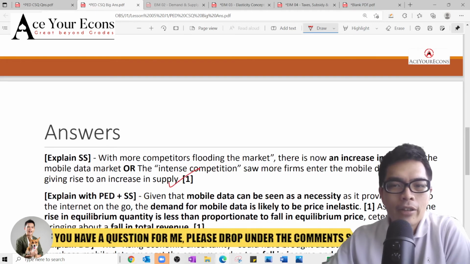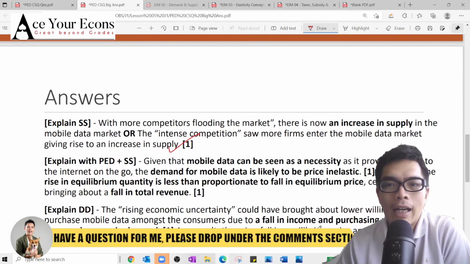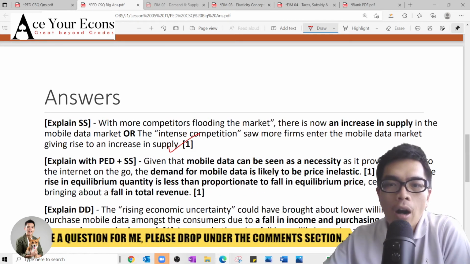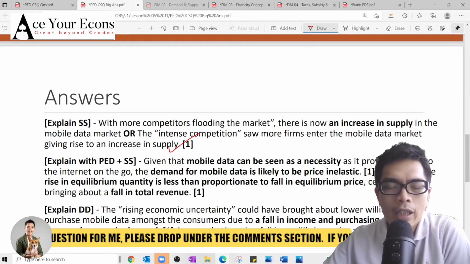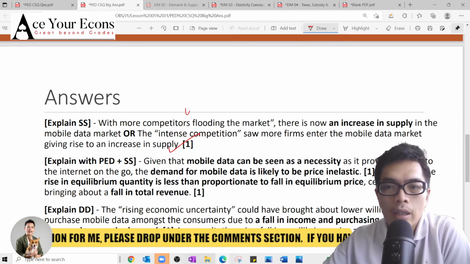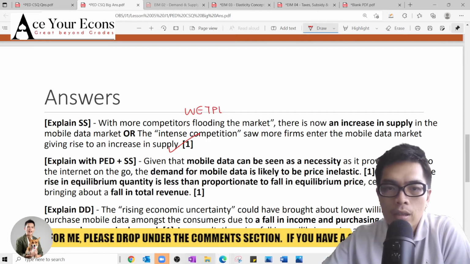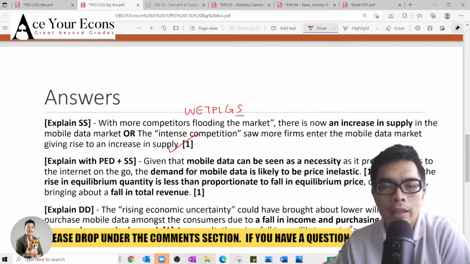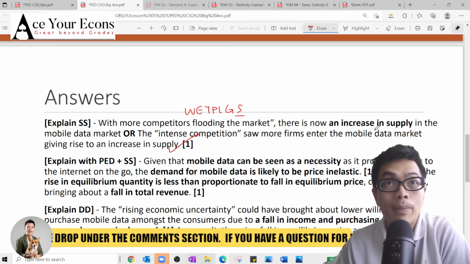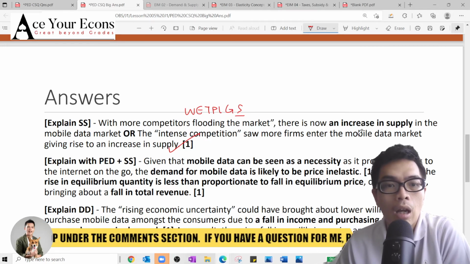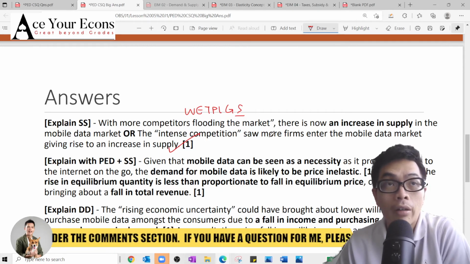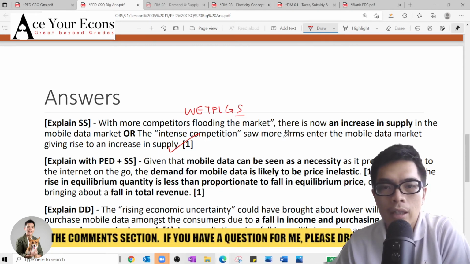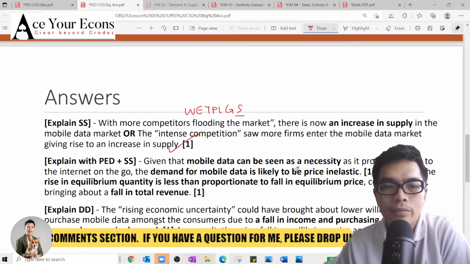The next mark, you need to illustrate how the competitors or whatever will lead to an increase in supply. Okay, so this is WEPICS. I'm highlighting the last alphabet for you guys to relate to increase in supply. So I need to see increase in supply. Clear? You're citing the correct case evidence. Okay, take down your corrections in green.